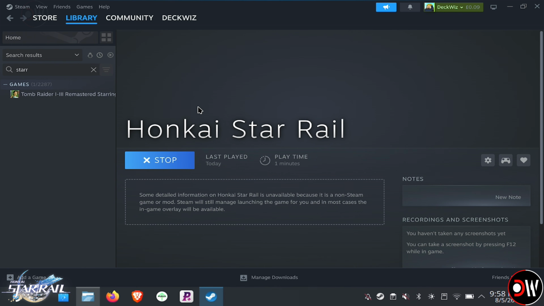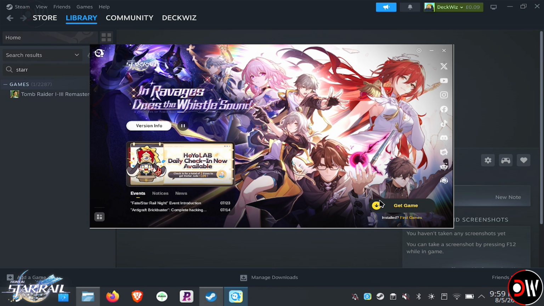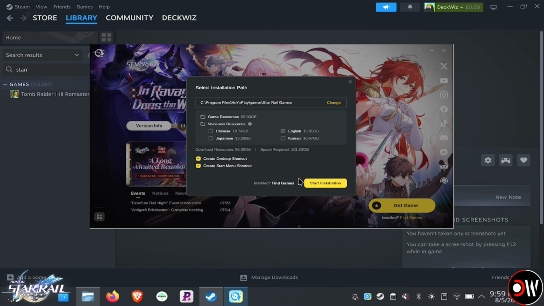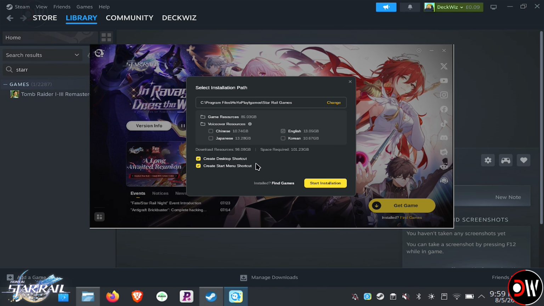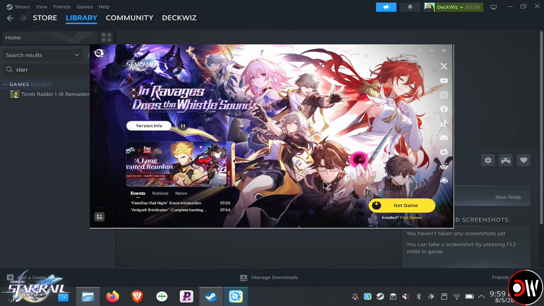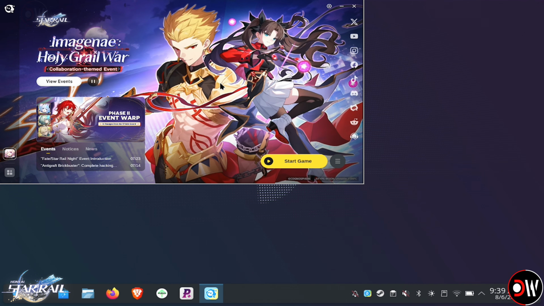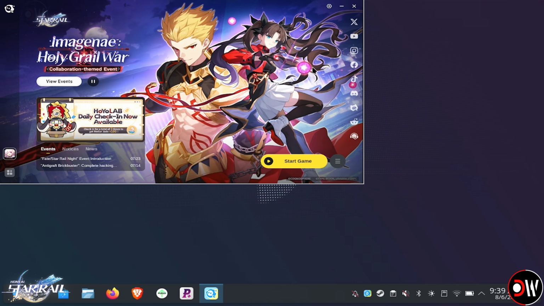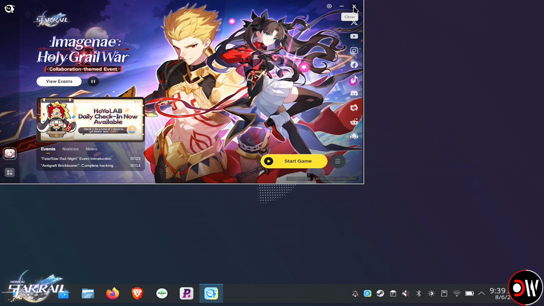And now the game launcher will appear where, as long as you have around 110 GB available, you can go ahead and start downloading the game, which, depending on your internet connection, can vary between minutes or hours. But once the game has finished downloading, we don't want to press Start Game in desktop mode. Instead, we want to exit the launcher and